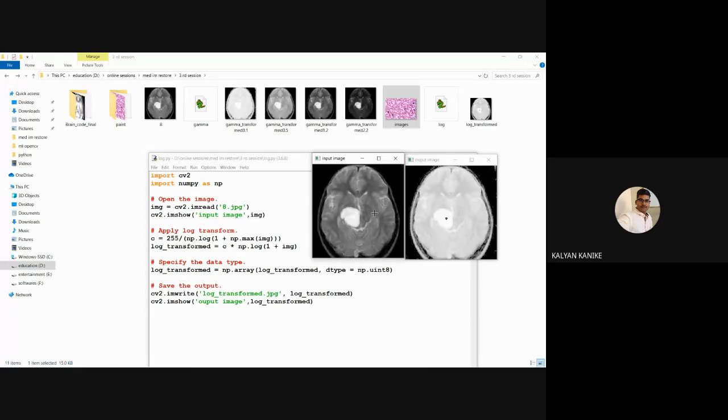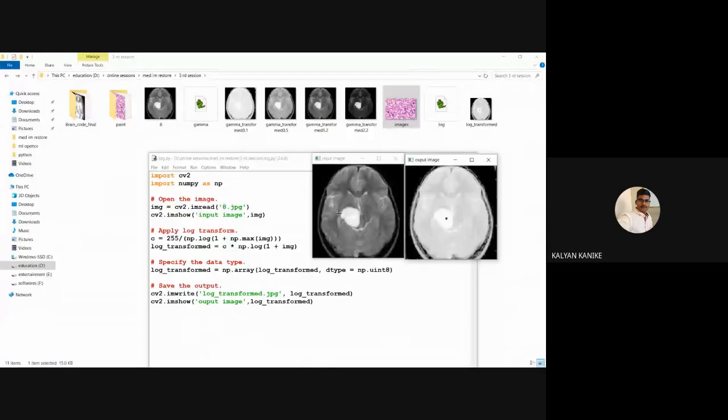We have to convert it by using, as I showed you yesterday, cv2.cvtColor to convert BGR to gray. In that case only it will store the pixel information with one channel, one value.